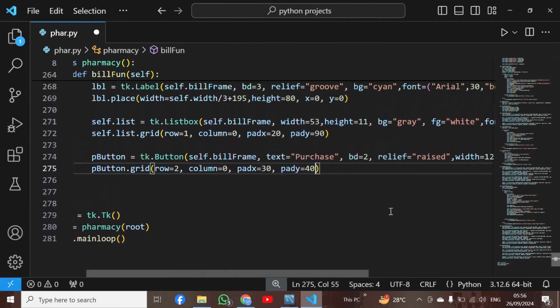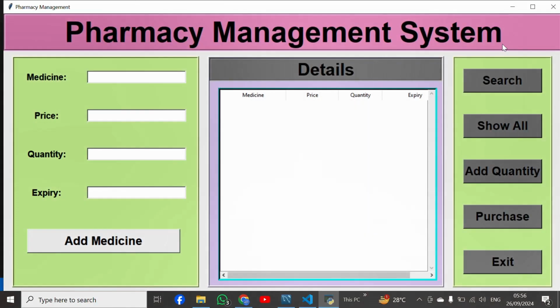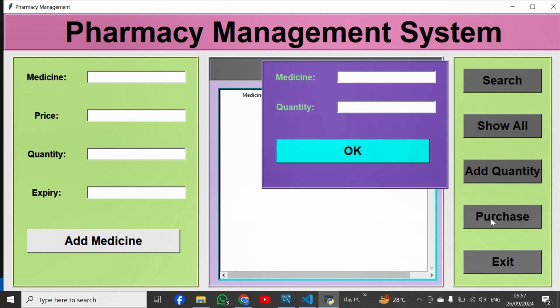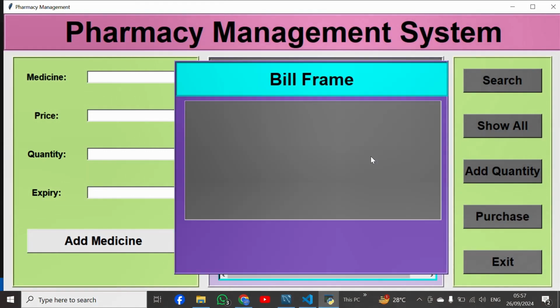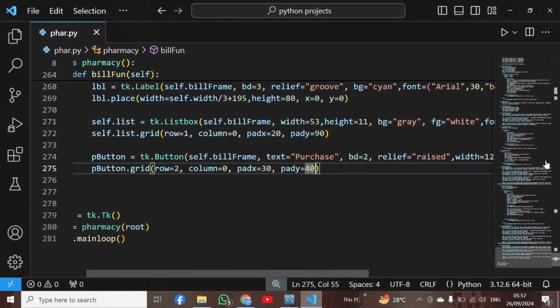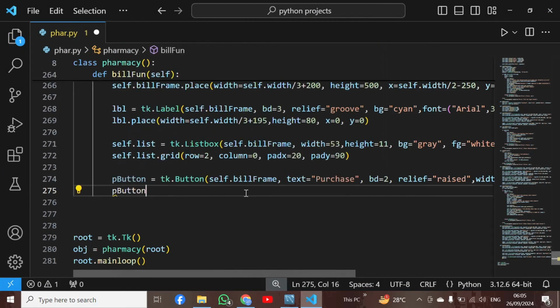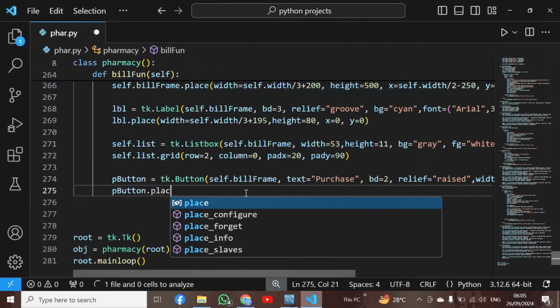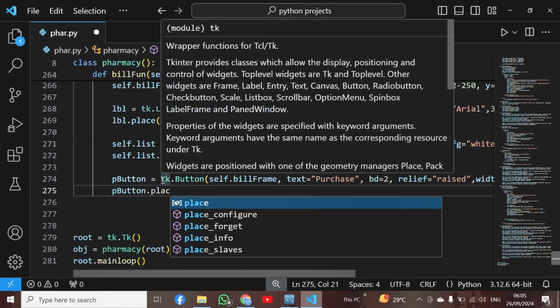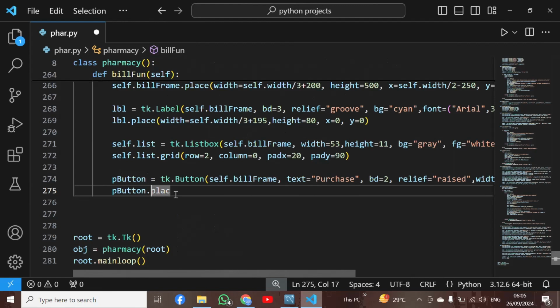So now I will save it and then I will execute it to show you the output. So I will click this purchase and then the OK button. So now here the button is, I think, out of the frame. So I will close this and also I will close this. And here I will use the place method. So here this is the p button, dot place. You can also use grid layout,